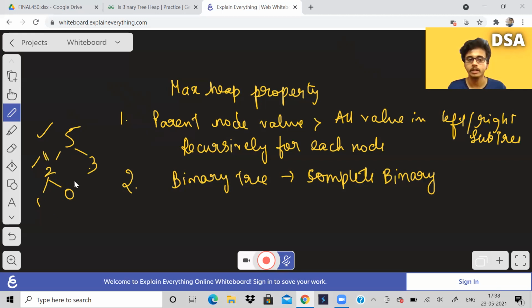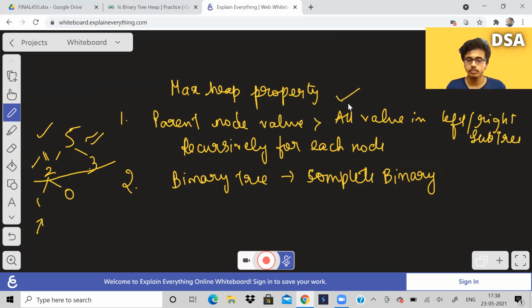For 2, all the values are less in both the subtrees. So this is a complete binary tree also. Why is it a complete binary tree? If you look at all the levels apart from the last, they are filled in left to right order completely, and the last level is filled from left onwards.